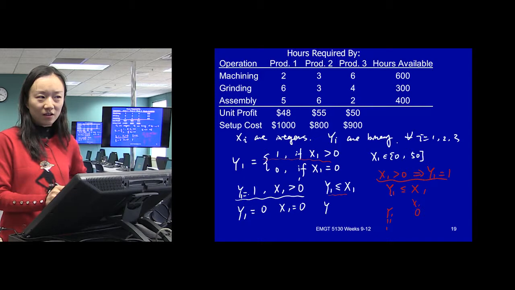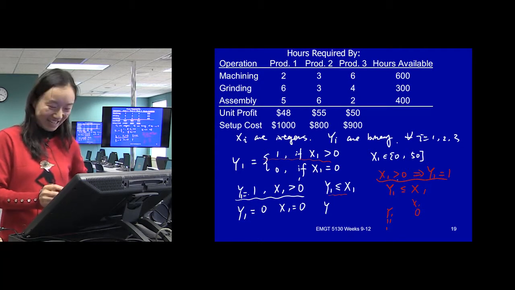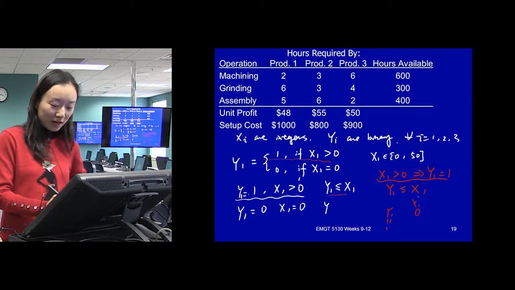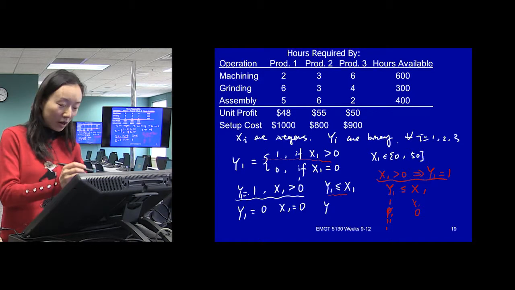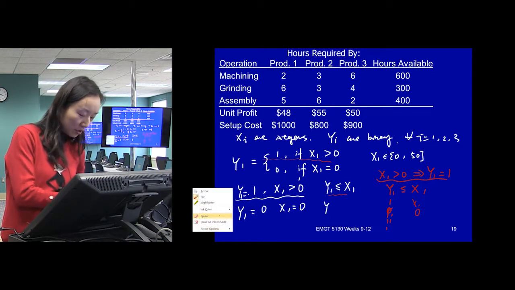You need to change this sign. Inequality is vice versa. Y1 is greater or equal to. Yeah, I know. That's the point? Yes. So if x1 is greater than 0, using this constraint, y can still be 1 or 0, right? If it's less than or equal to, that's not what we want. We want it to be 1. Okay, so if we change the sign,